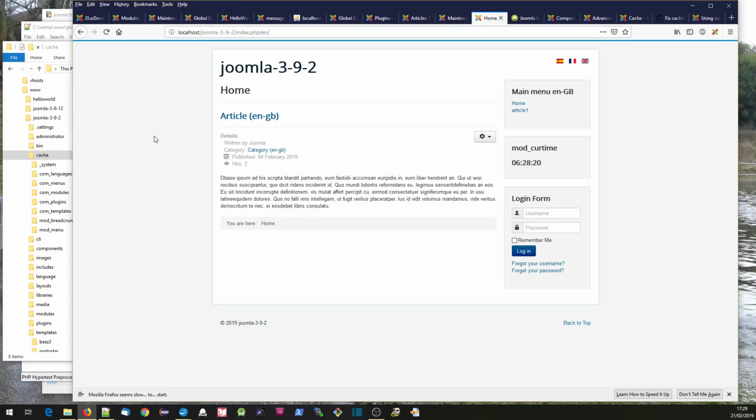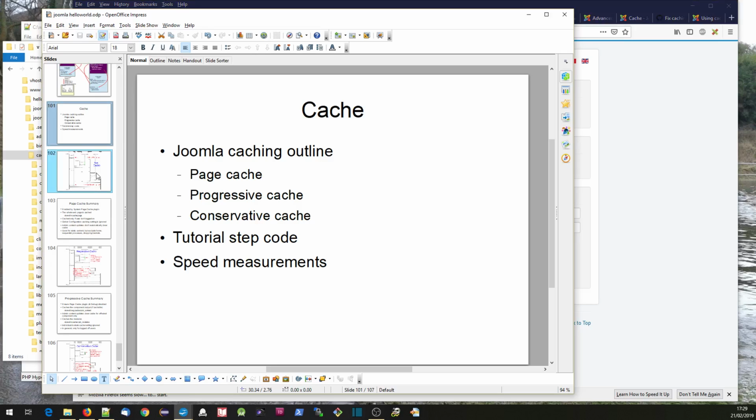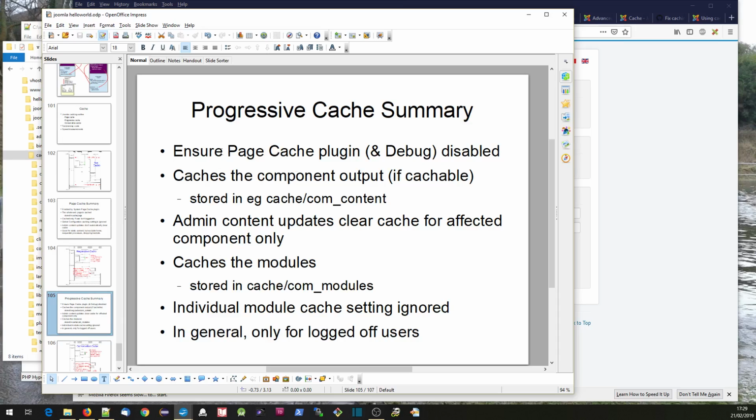So if we go back here, sorry, to progressive cache, we need to make sure the cache plugin and debug is disabled, and it caches the component output,